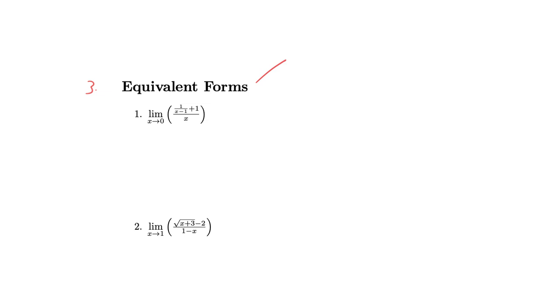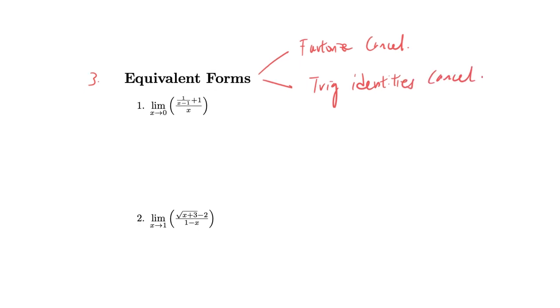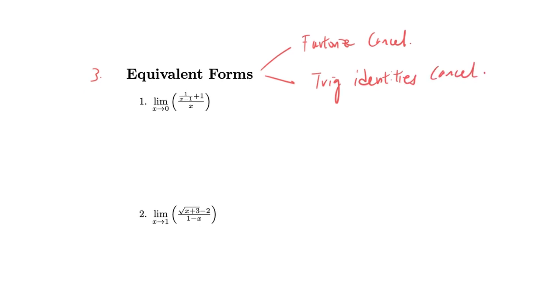Now, the idea of this is to either factorize and then cancel factors, or to use trig identities to simplify. And this often also involves canceling. So we're just going to jump straight into examples. So for example, here, both the numerator and the denominator evaluate into 0 over 0. But what we could do is write this into an equivalent fraction like this. So we can multiply both numerator and the denominator by x